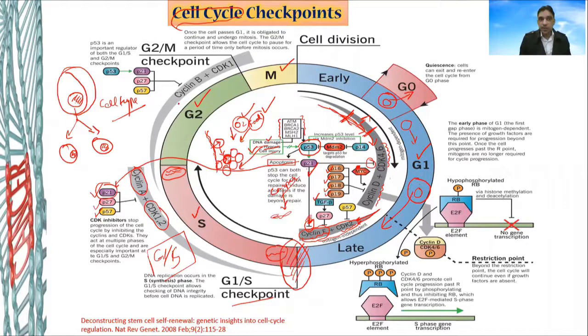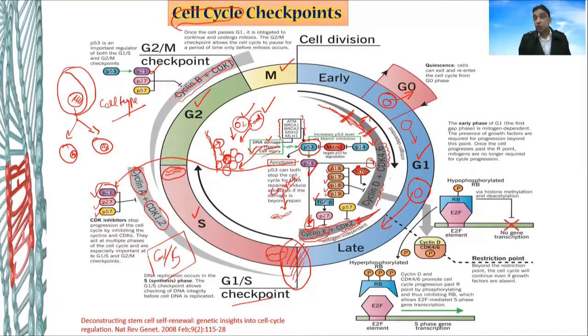The G2 phase is characterized once again with the cyclin B and CDK. And once again, it is inhibited by P21, P27 and P57. Who knows which type of cell cycle regulator you will be working on in the future? You might be working on P27, P57, P21 or P53. So in that case, you should be very much aware of the exact function of these important cellular markers, cell cycle markers. So if the cell is producing P53, the cell is still able to control the cell division.